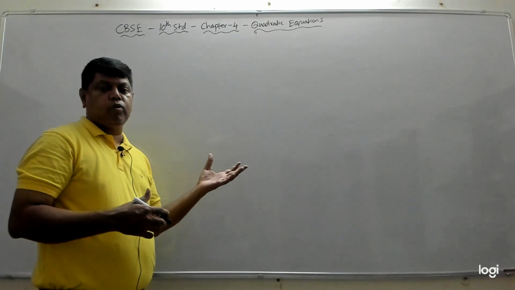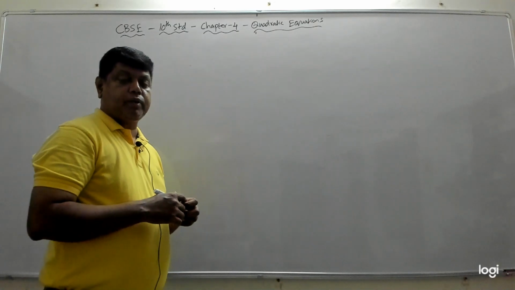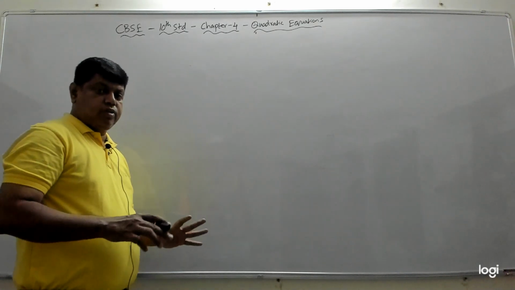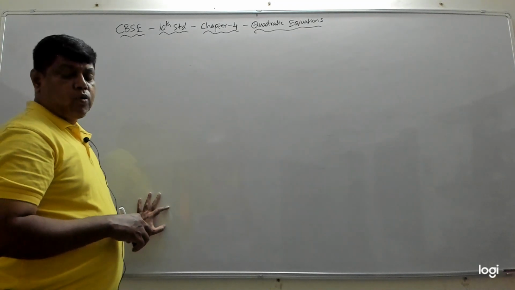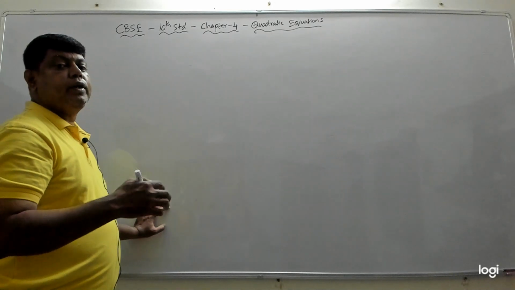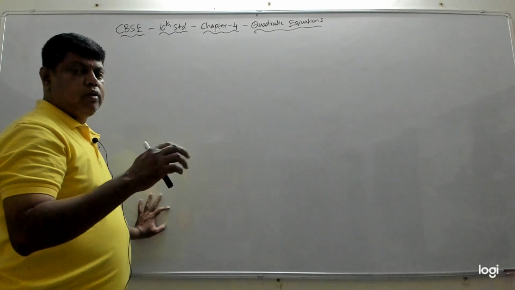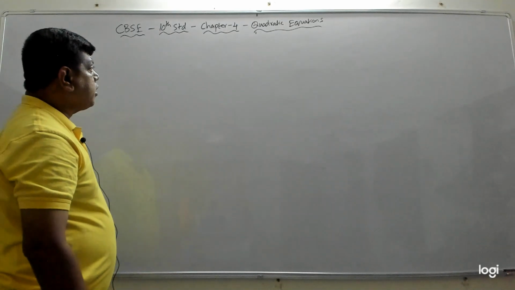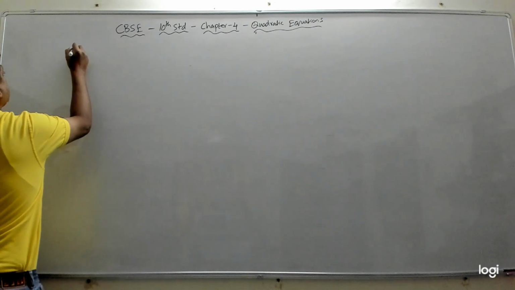Till the last video, we were solving the quadratic equation by the method of factorization, and in this session we will try to find the roots, or the solution, of the quadratic equation by the method of completing the square. This is one more method wherein we can get the solution or roots of the quadratic equation. So the method name is